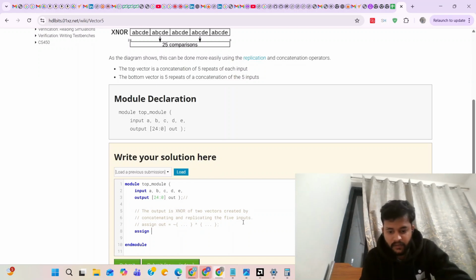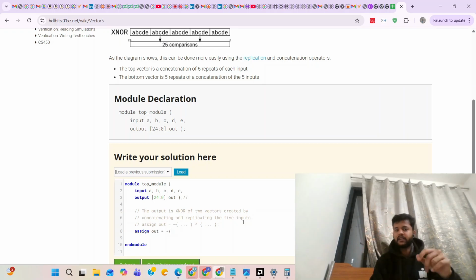So assign output, it is the XNOR of the first input vector.